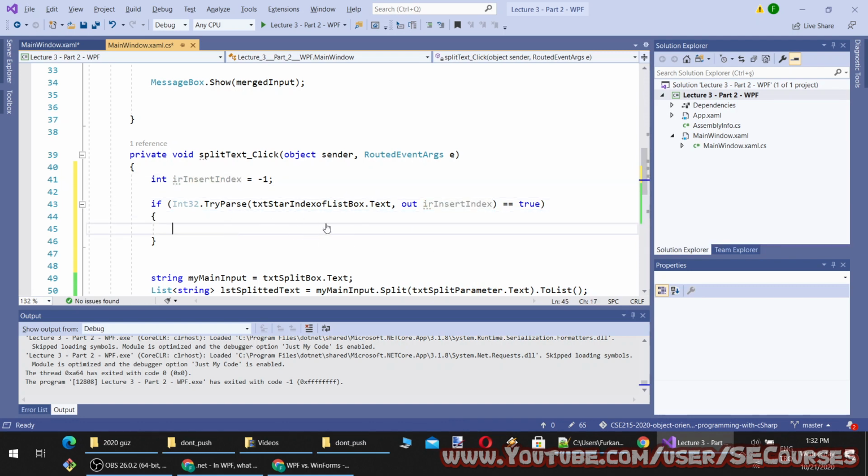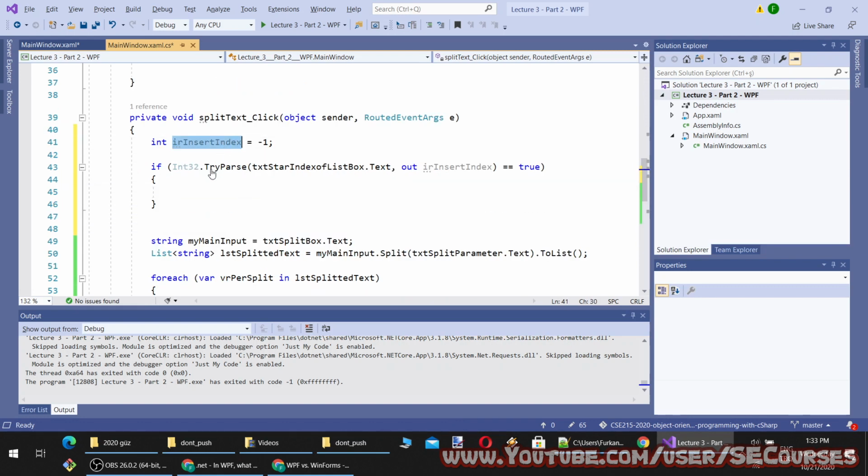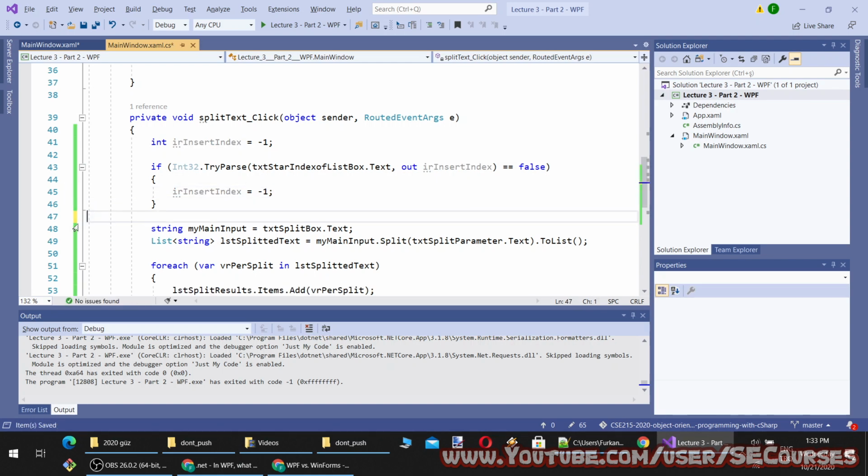All right, if it is parsable, then I will use insert value. Okay, so I will make it like this. You will understand better. If it is not parsable, I will make it 0 minus 1. Otherwise, it will have that value.